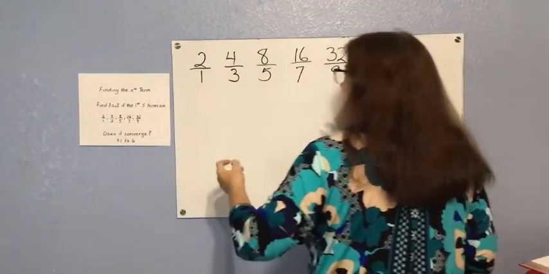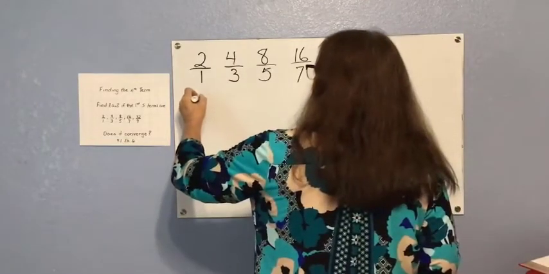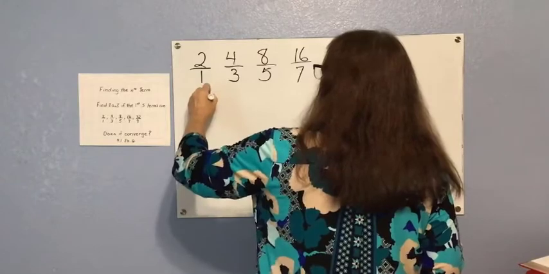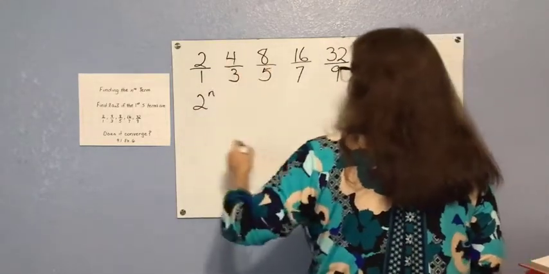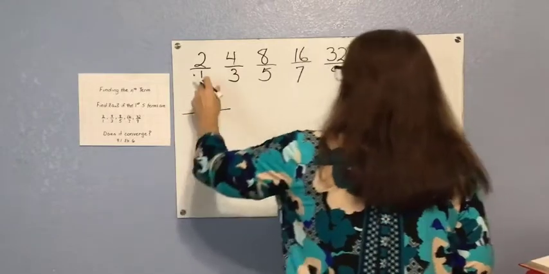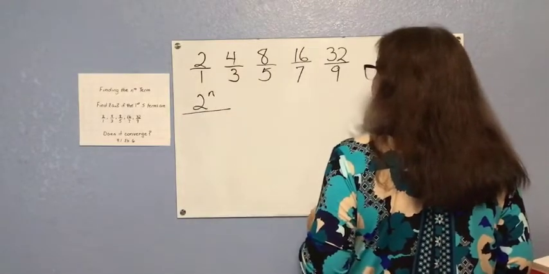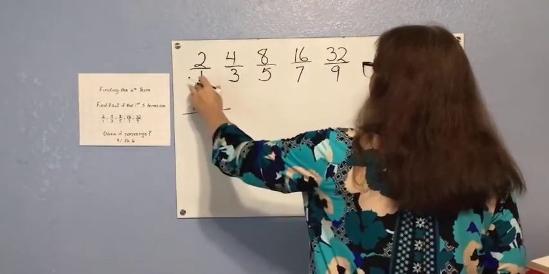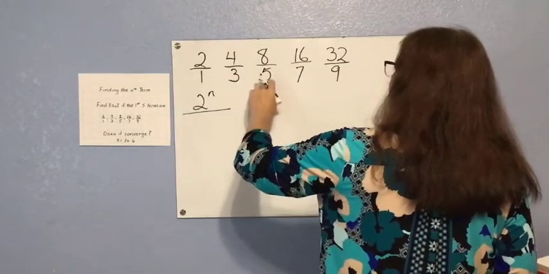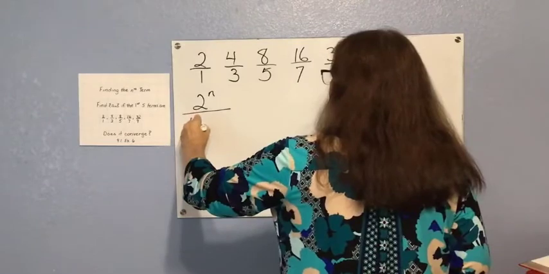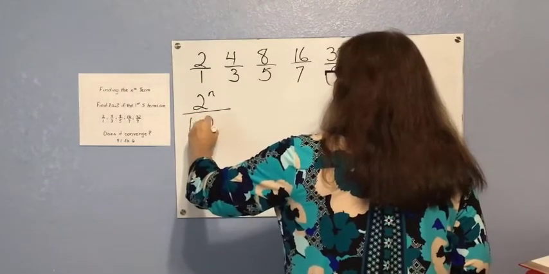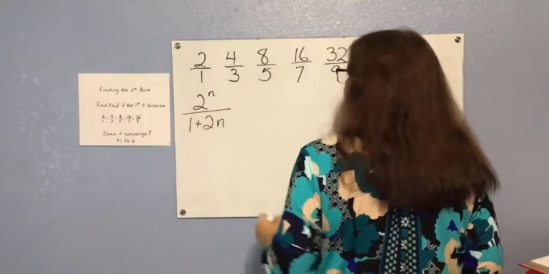So it might be a good rule to have 2 to the n. And it seems to work for all of those. And in the denominators, I started with 1 and I kept adding 2. So I could say 1 plus 2 times n